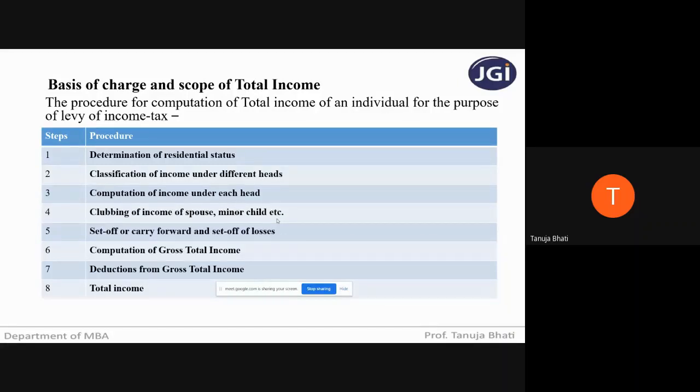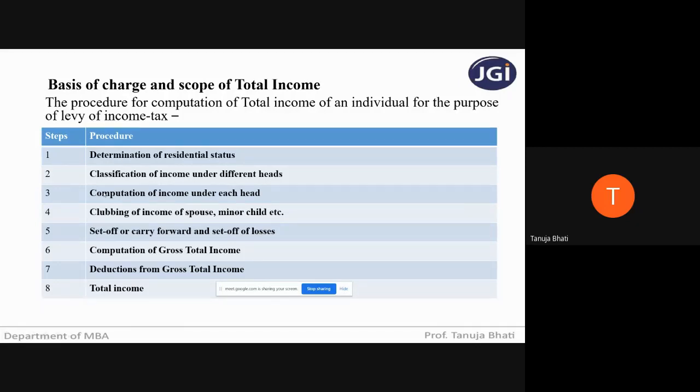Okay, my intention is just to reduce the tax that I'm going to pay. Now if it is my spouse and my spouse is not earning, he will not be liable to tax, and my minor child will not be liable to tax. So here what I am doing is dividing my income just to avoid taxes, because I know direct tax is such that as my income increases, my percentage to pay tax also increases. So to avoid that, I will transfer my income to my spouse or minor children.